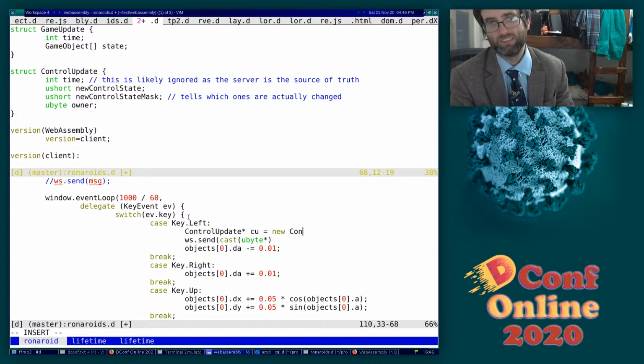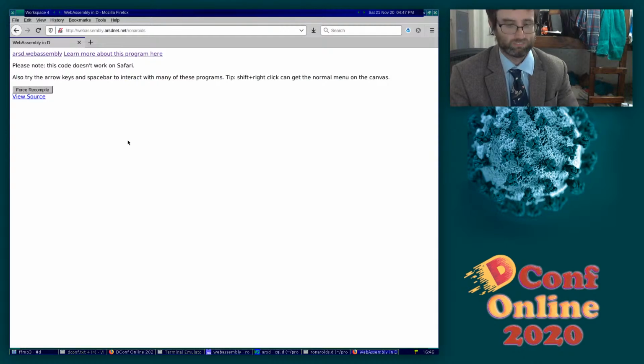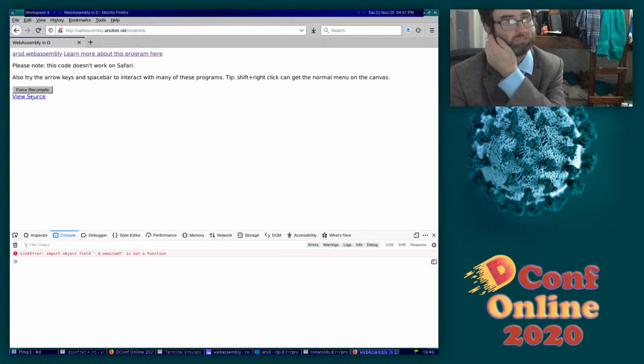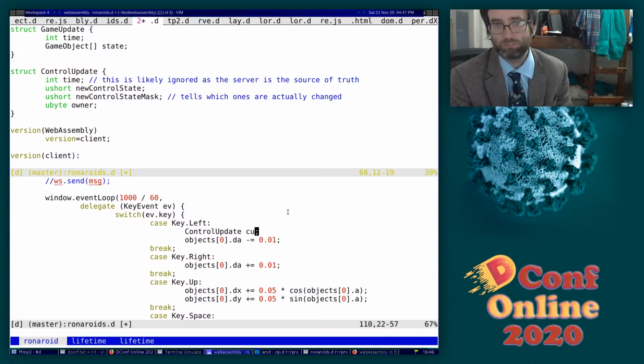Oh, I wonder if that'll work on WebAssembly. I should test that. Nope. The new item is not a function. I have not implemented that yet. Yeah, screw it. We'll be fine. If the stack gets smashed, the stack gets smashed. It's not my problem. But I want to send a control update and do